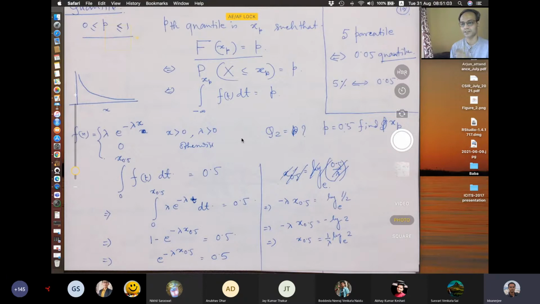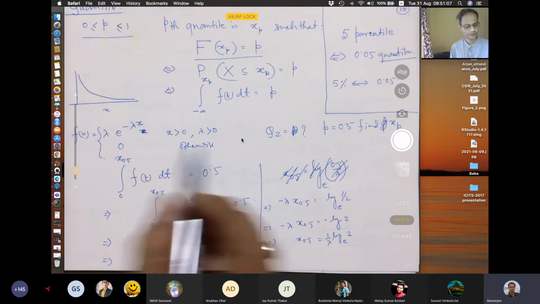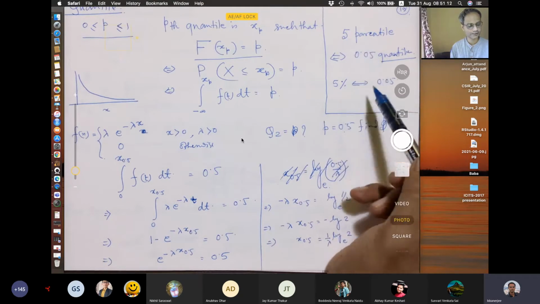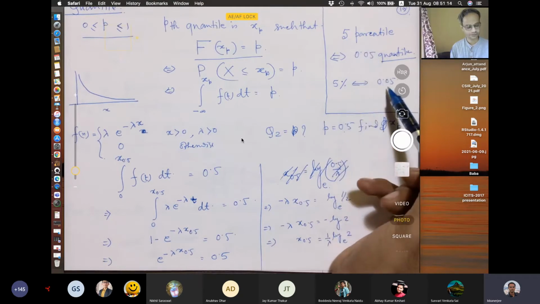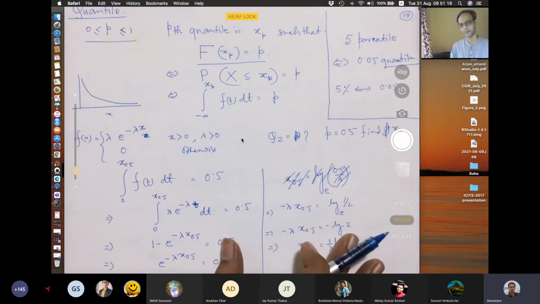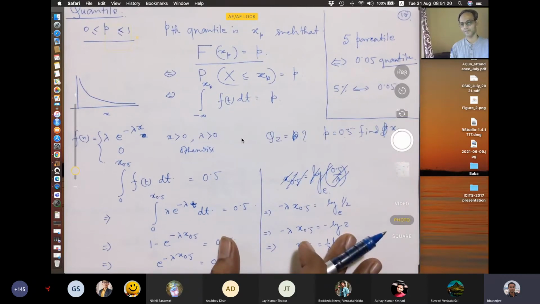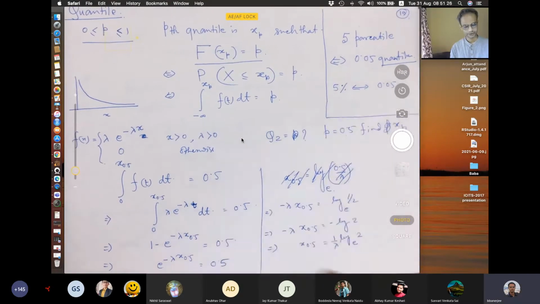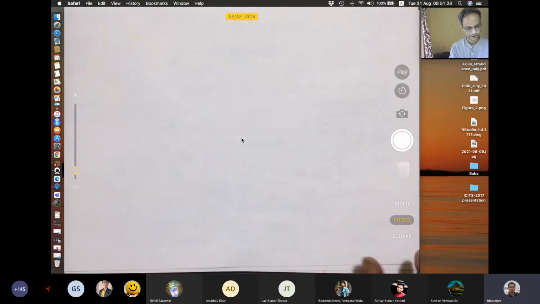Percentile is a very common thing used there. But to convert the percentile into probability or quantile, you use this result. Any query? Okay, then finally the last one,